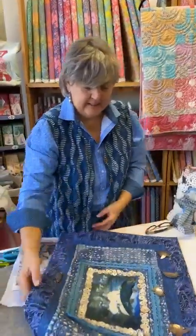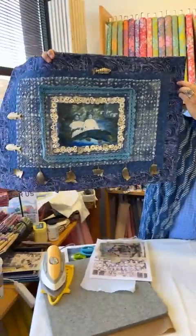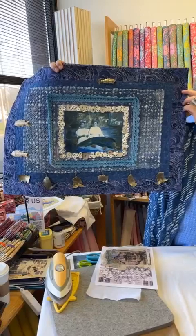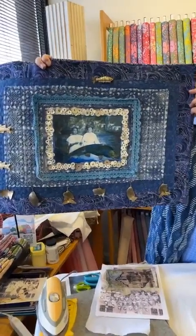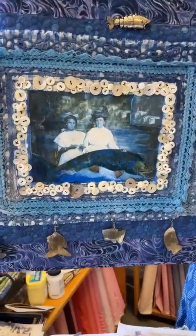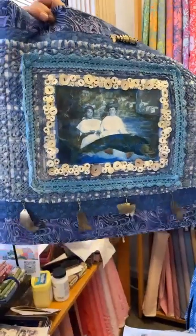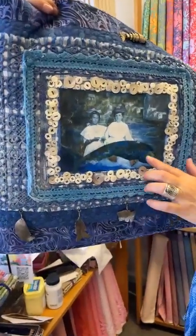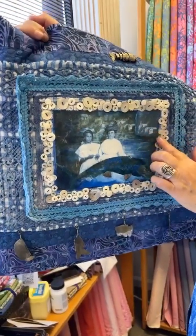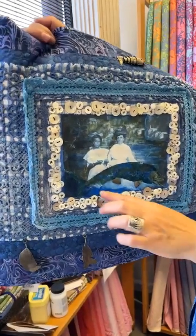This piece is kind of a mixed media piece in that the photo transfer was a transfer artist paper onto Luchador, and it didn't work. I did not have a good picture. It just did not work. So, of course, I never throw anything out because maybe something will come to me later. And I went in and I collaged with some chips and Angelina. I printed it out on paper, and so I tried to resurrect the picture by adding